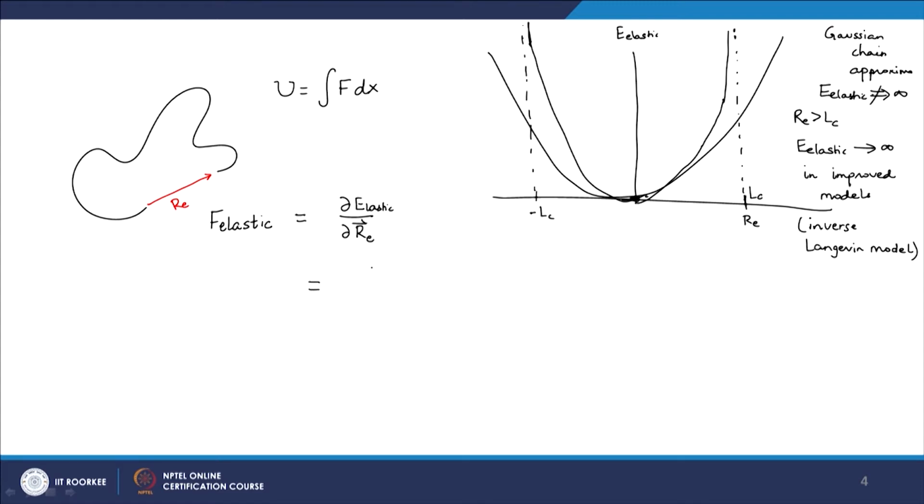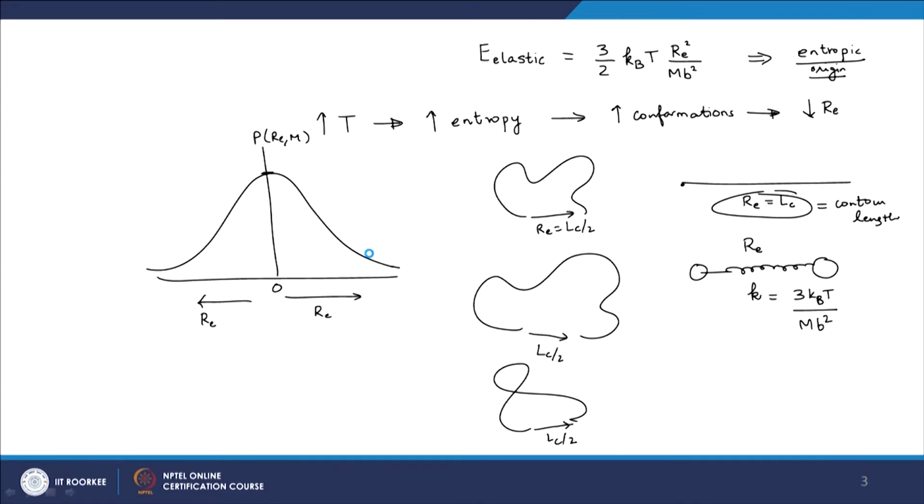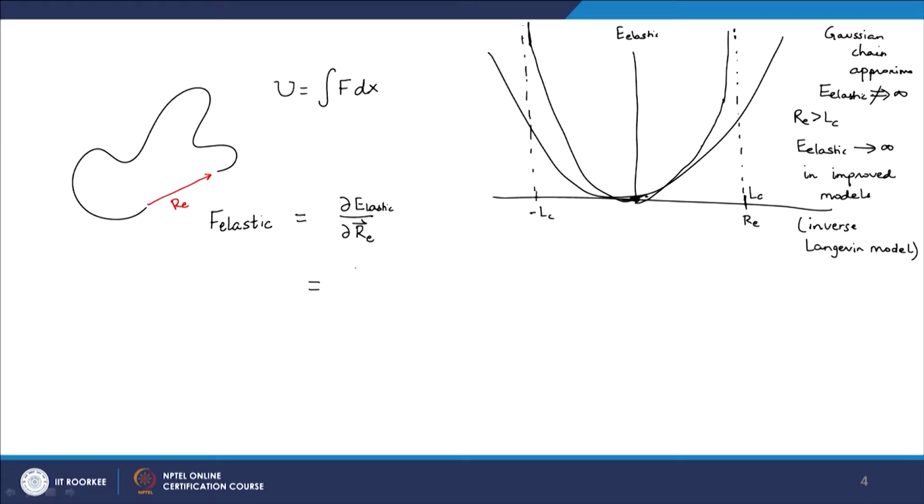So, since we have derived that E elastic is 3/2 kBT RE square by MB square, to take the derivative with the vector RE, we can of course take the constants out